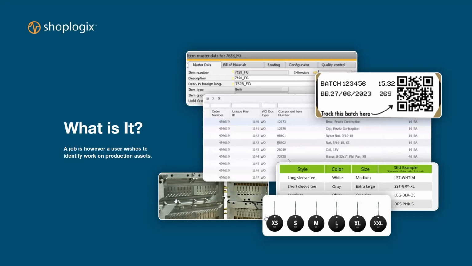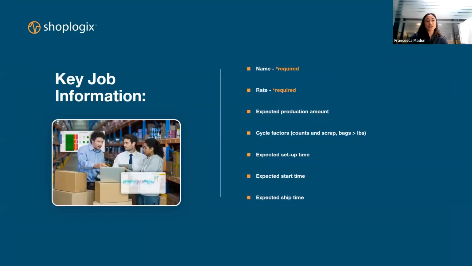Okay, great. So, jobs allow users to identify their work on assets. That's all great, but what kind of information from a job can and should customers be pulling into Whiteboard and analytics? Yeah, I mean, the basic raw, you essentially do have to have an identifier, some name, and a rate,